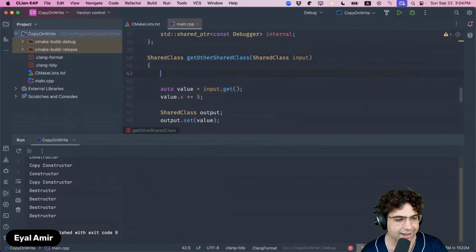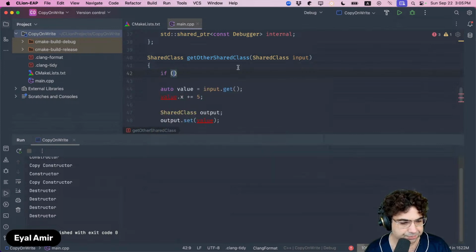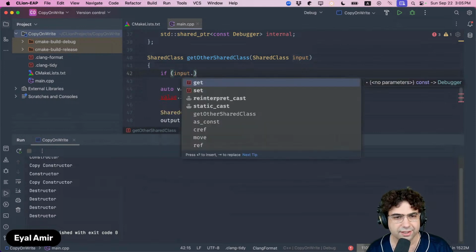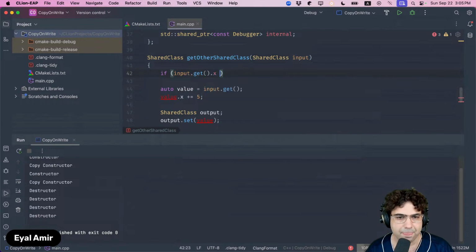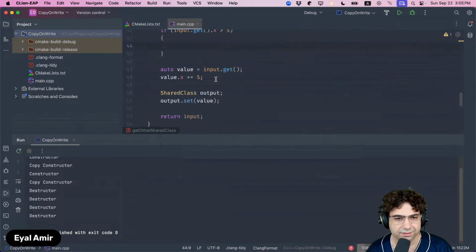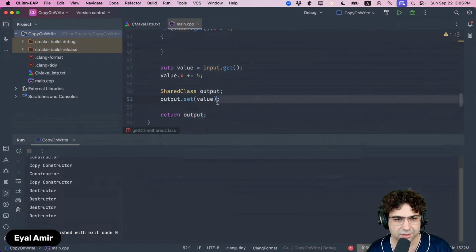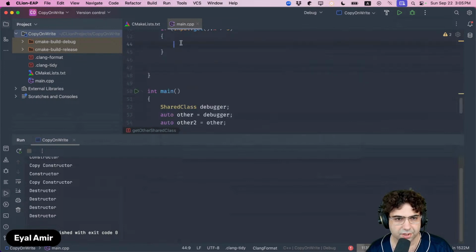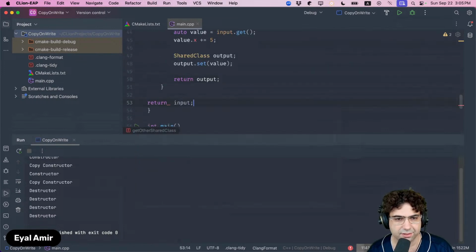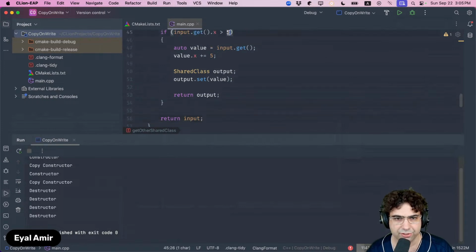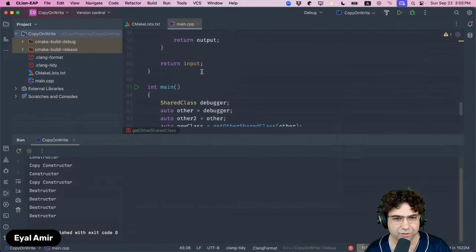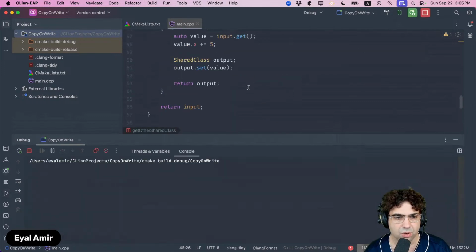Let's say this was a conditional thing. So if only if input dot get dot x is equal to 5, only then do all that stuff. Let's return output, by the way, not input. And otherwise, just return the input as is. And I'm just going to make it if it's bigger than 0, because I know that the initial one is going to be 0. And that means that now,